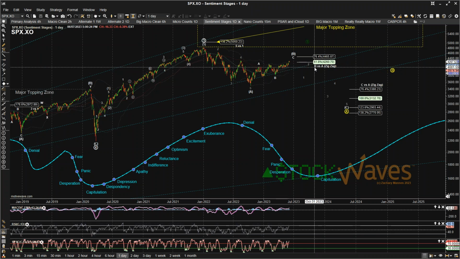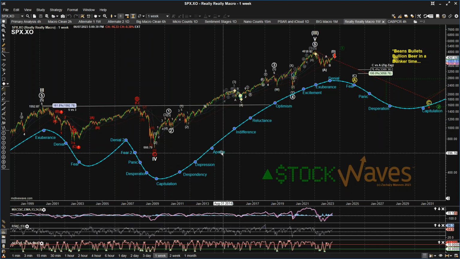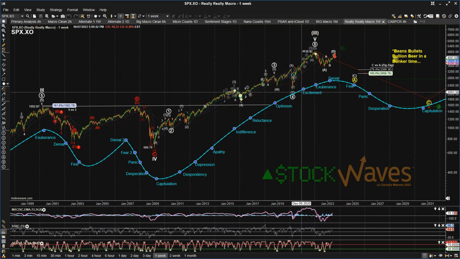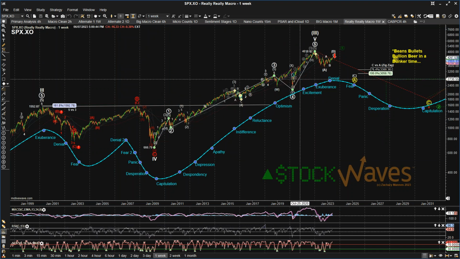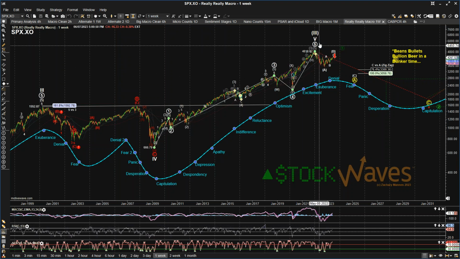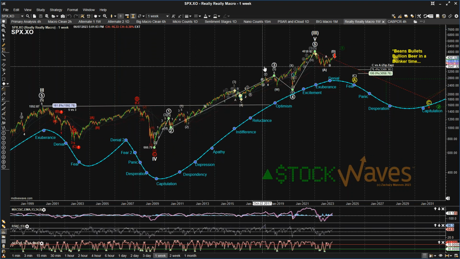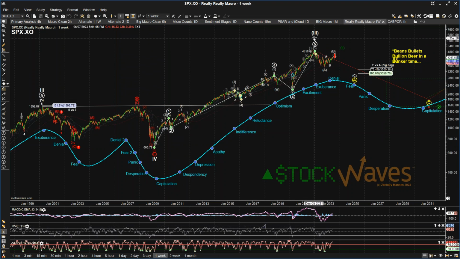I like starting on this larger degree view because it gives us a much bigger perspective. But actually, I think going to the really, really larger degree helps even more, because the previous page just showed how this primary degree wave 5 off of the March 2020 lows looks very complete. That's only part of the story. It doesn't show that all the way back in February or March of 2009, we have a primary 1, 2, 3, 4, 5 that looks very complete as our cycle wave 5